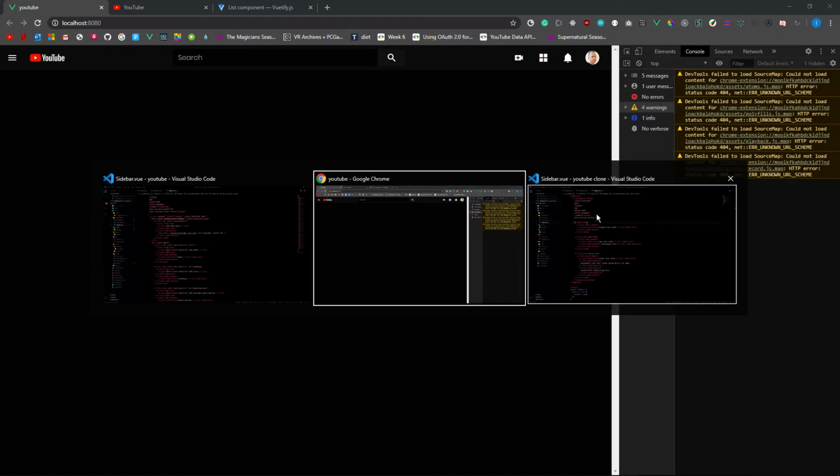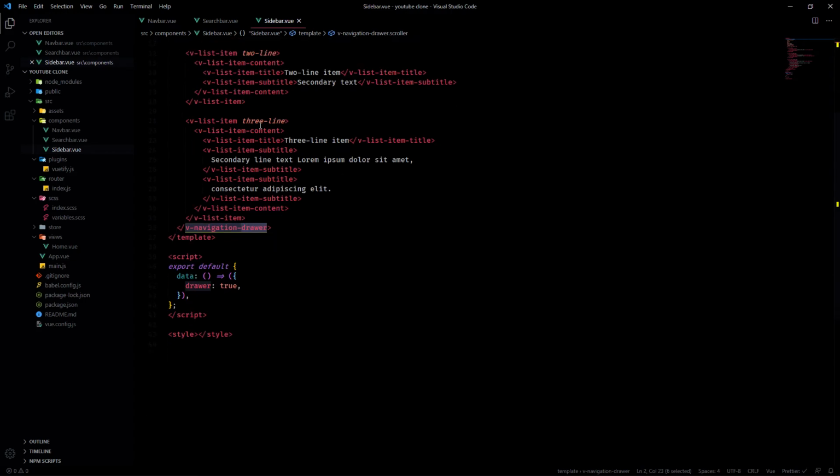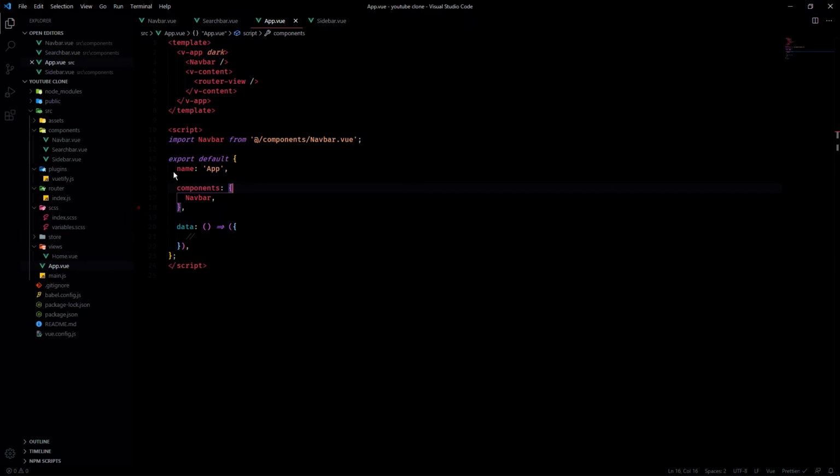Okay. What are we missing? Did I spell it wrong? v-navigation-drawer, v-navigation-drawer template. Ah, that's why. It's because we're not using it. So if we go back to our App.vue, then we can put it right underneath or on top of our